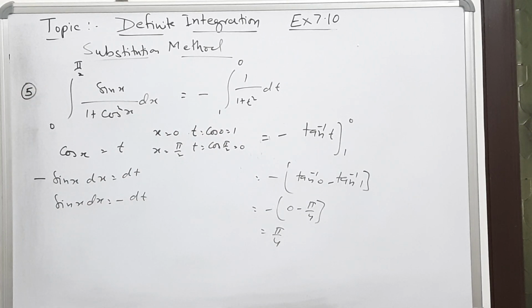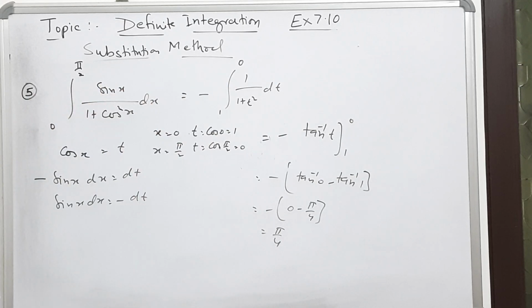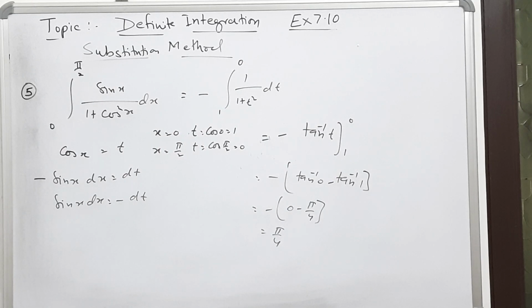The last part of the definite integration is actually the properties, and that is a more important part than this one. This is just the takeover. The additional part is to change the limit properly to make your concepts more clear. So I hope this part is clear to you.